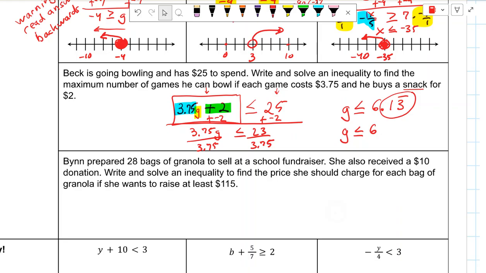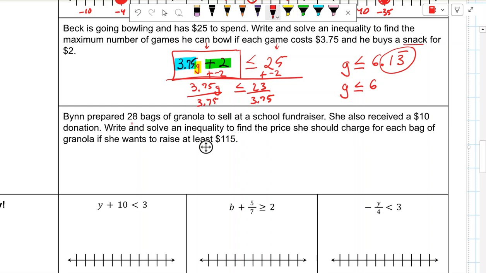Let's take a look at Ben. Ben prepared 28 bags of granola to sell at a school fundraiser. She also received a $10 donation. Write and solve an inequality to find the price she should charge for each bag of granola if she wants to raise at least $115. So we're going to write down $115. And then over here is what she has to raise. Well, what is she raising? Well, she's raising money and she wants it to be at least